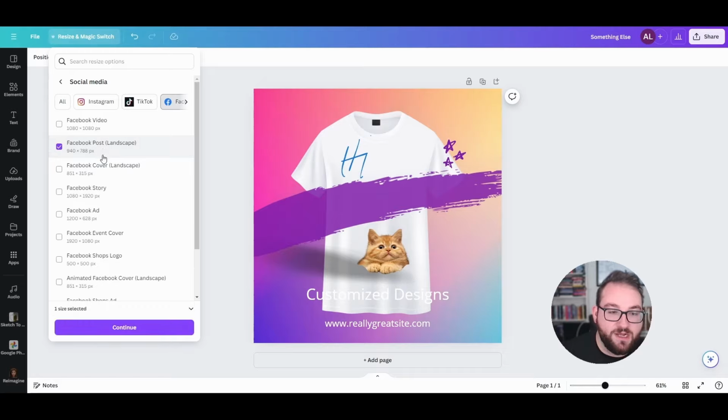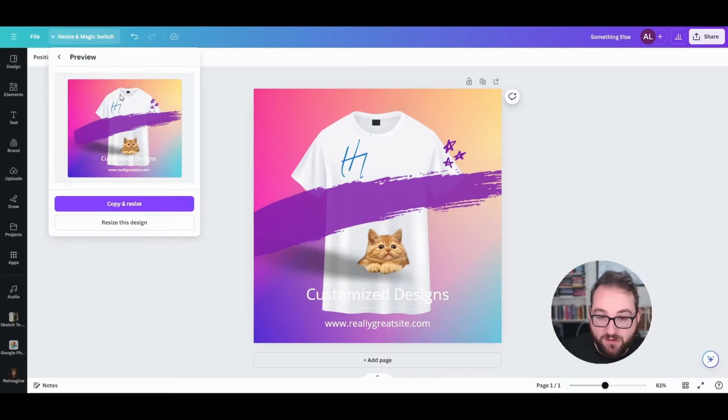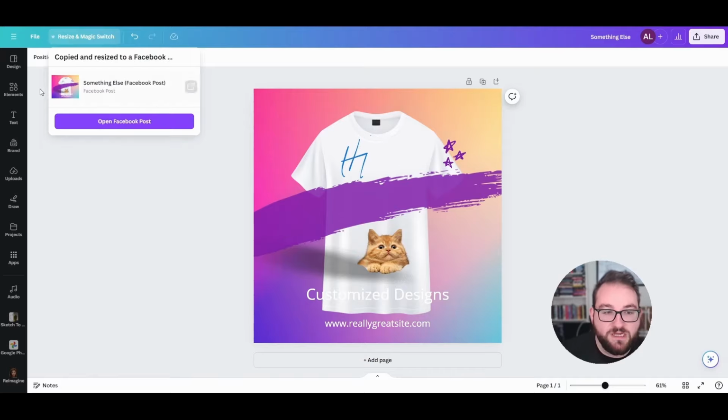I can click on redesign, and I can either copy and resize it, so it'll keep this Instagram post and just create a new Canva design, or I can redesign this, but then I can't go back to this specific squared Instagram post unless I change it again. So I'm going to copy and resize it, and what this does is it'll take all of your designs and,